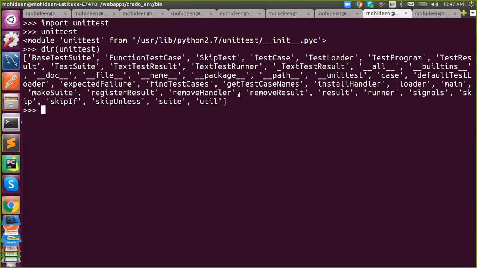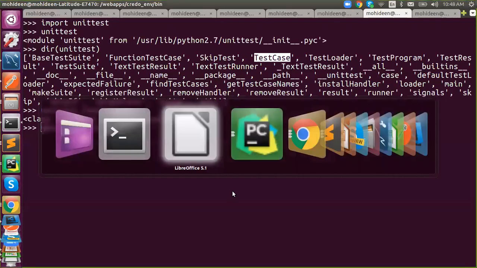You need to use unittest as an inheritance method. So you need to say unittest.TestCase. It's a class you need to import in your code. I'll show you that.